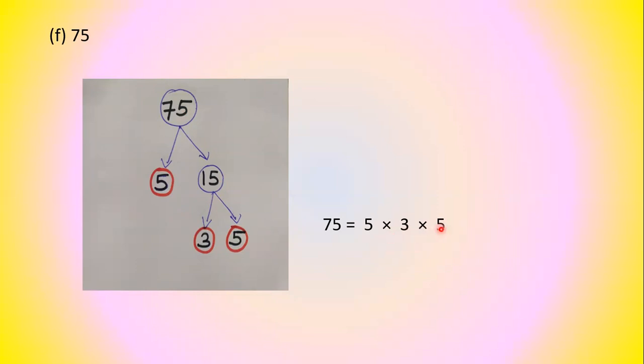This way, representing the number in the form of its prime factors, in the form of a tree, branches of a tree, is called the factor tree method of prime factorization. Children, I think you understood the topic, and one more time I am explaining about prime numbers. Prime numbers have only 2 factors and composite numbers have more than 2 factors. 2 is the smallest prime number, 4 is the smallest composite number, 1 is a special number, and also you have to learn the prime numbers between 1 and 100.